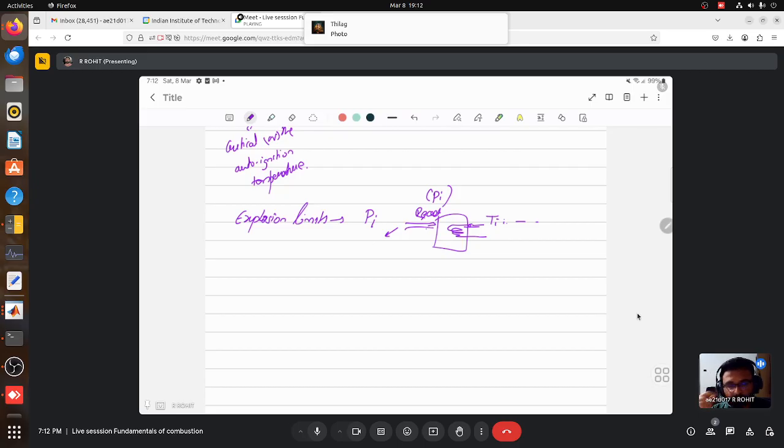So we change the temperature slowly and we record the pressure for each condition, and the temperature corresponding to where you have a rapid rise in pressure is what we call the explosion. So the critical temperature, or the auto ignition point,